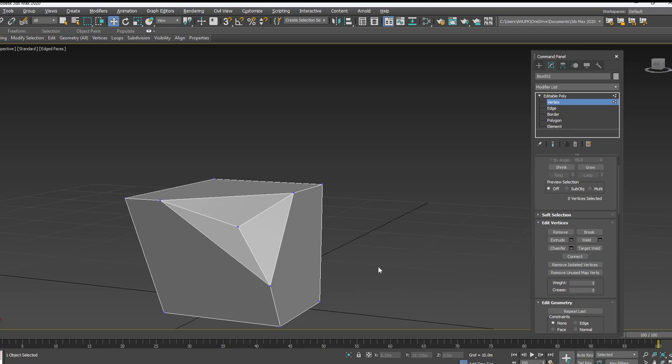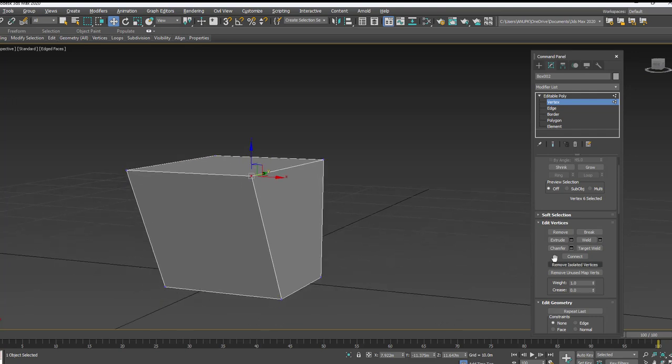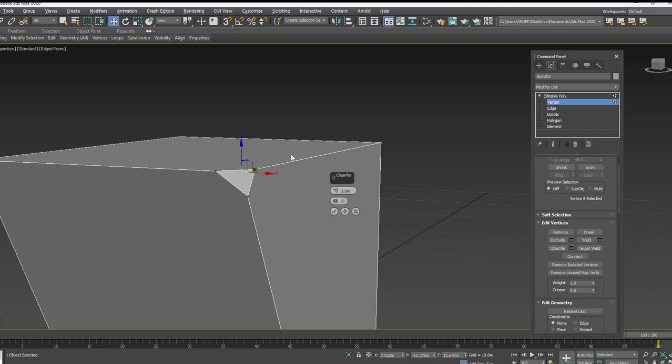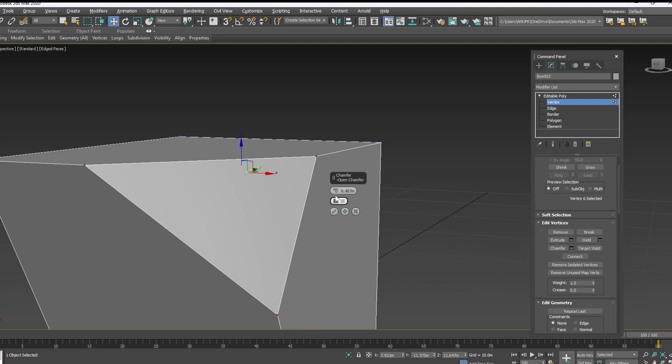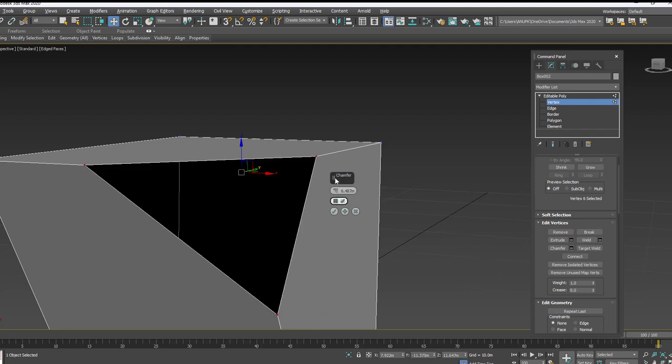Do Ctrl Z. Not only for the vertex, even you can apply the same thing for the edges also. Next one we have is chamfer. As I told you, always you go with the settings option. So this is how we can chamfer the edge. You can decide the amount, how much amount you want to give. And then this is the amount you can add.